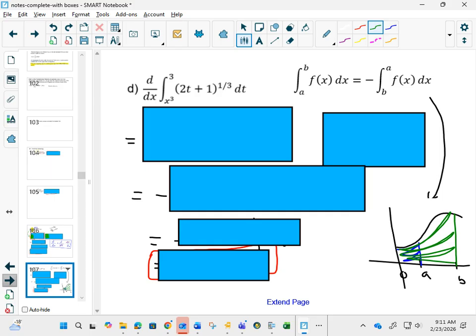And you've seen this with numbers, right? 7 minus 5 is 2, but if I do 5 minus 7, I get negative 2. If you switch the order of them, you still get the same number, but if you subtract the bigger one from the smaller one, your answer is going to be negative. So this is